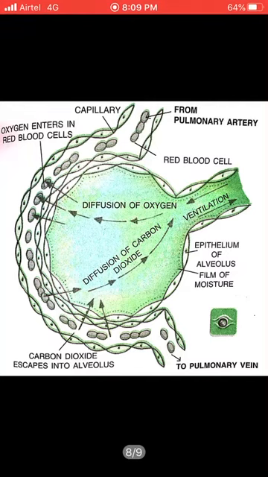The pulmonary artery is there. Red blood cells are depicted in the circles. In this alveoli, it is clearly mentioned that it is a ventilation system. Air is coming inside the alveoli. Then what is happening? As we go through the figure, we will find carbon dioxide is present in the blood capillaries as well as in the alveolus. Same thing with oxygen. Oxygen is also present inside the blood capillary as well.